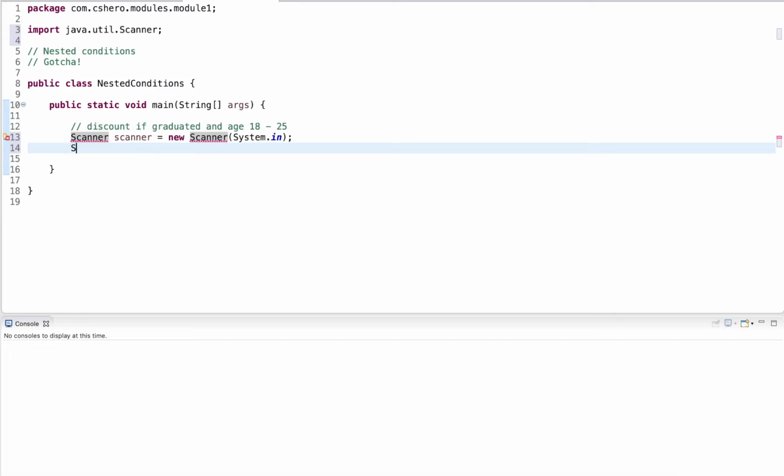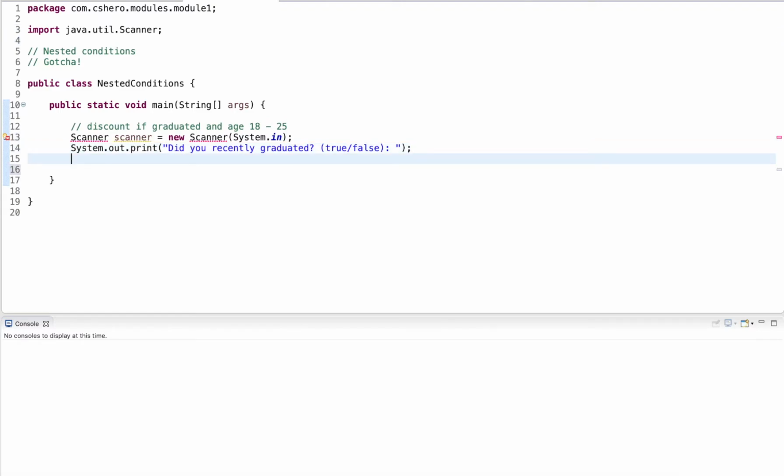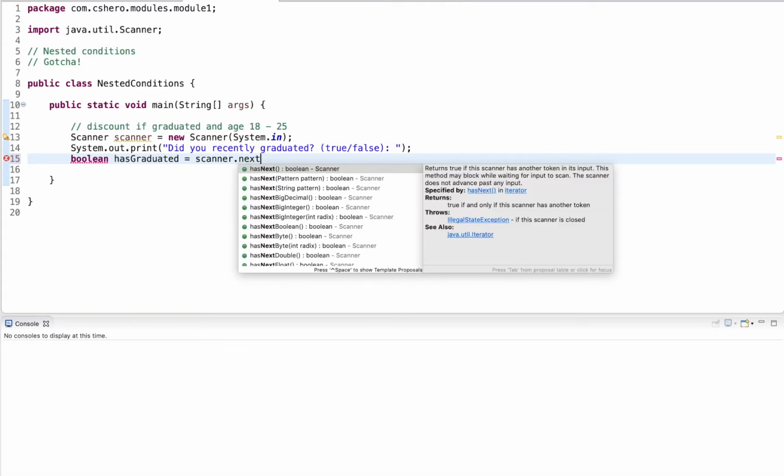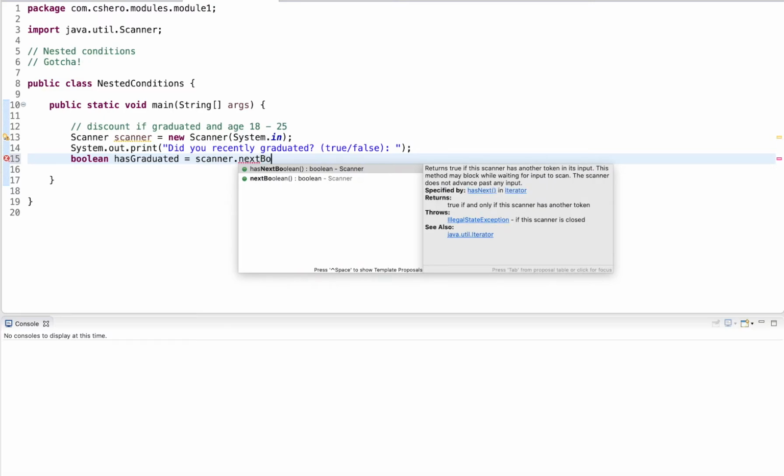I output a prompt, graduate. This can be true or false. And I have a Boolean variable, has graduated, where I read from scanner.nextBoolean.